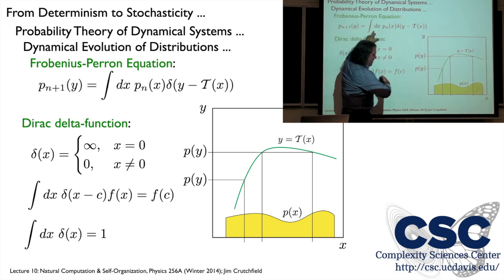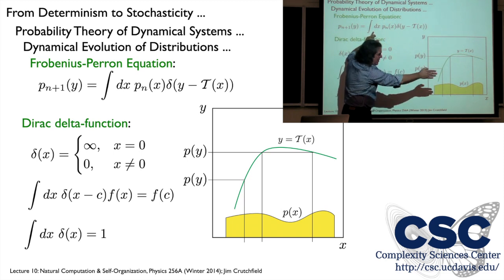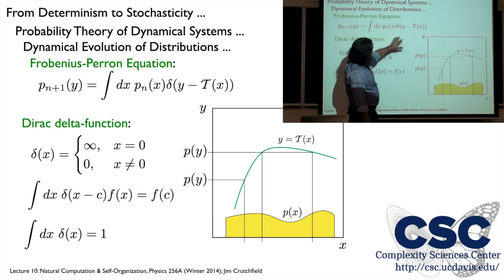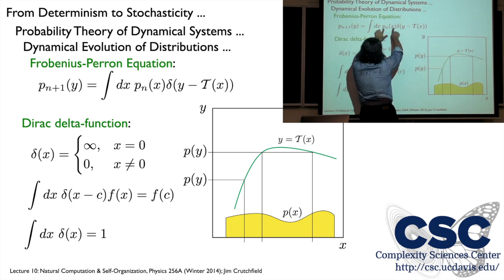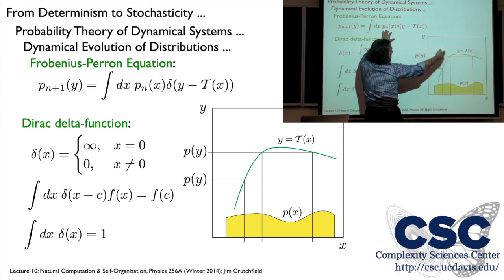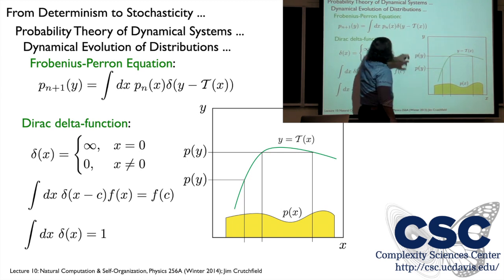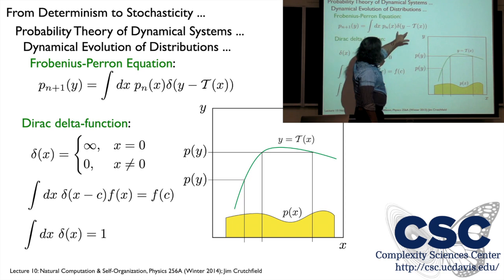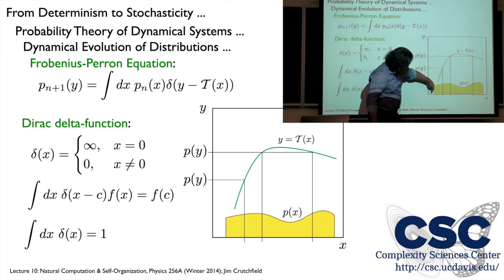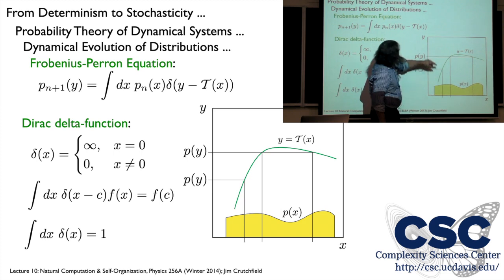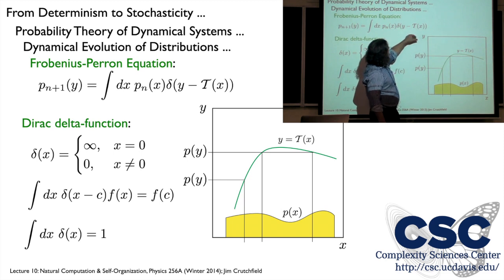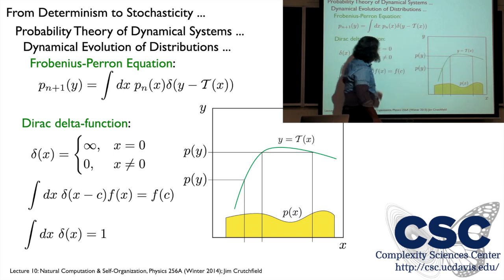And to get it, we integrate along the domain variable of the function t. And as we're doing that, we multiply the initial density, these are the masses that we're moving, the amplitudes we're mapping forward, against this thing called the delta function. So let me explain what this does. The delta function here we've got y minus t of x. The delta function is actually transforming, we're sort of moving along in x, we're integrating. Then we're mapping that forward to the y value that t takes it to, and then this delta function sort of samples this distribution where y is equal to t of x.